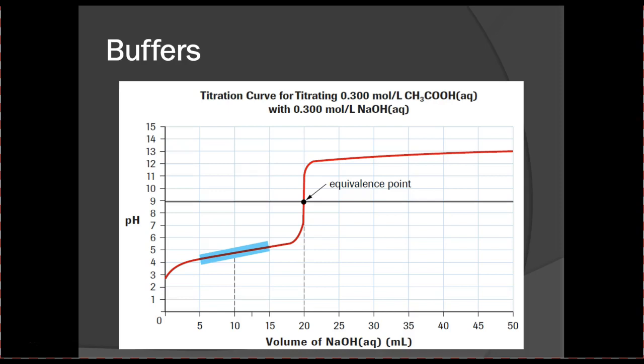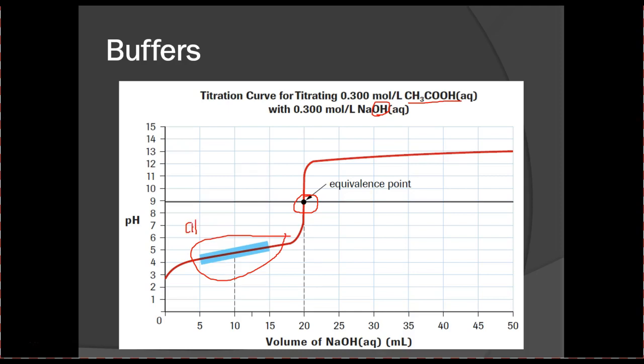And so that's illustrated by something like this curve here, which starts out with an acid and is being titrated with a base. Notice first off that the pH of our equivalence point is above 7, so we are titrating a weak acid with a strong base. That makes sense because acetic acid is a weak acid, and those hydroxide ions tell us that we have a strong base. And so this is our buffering region here,